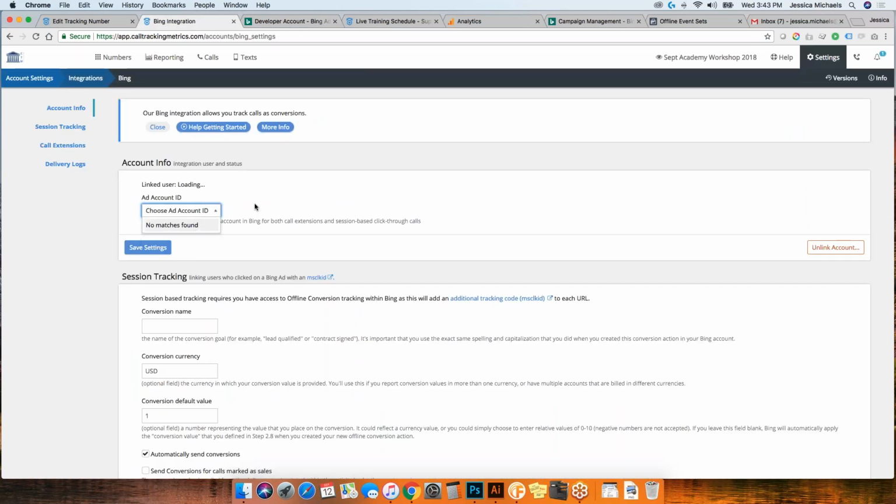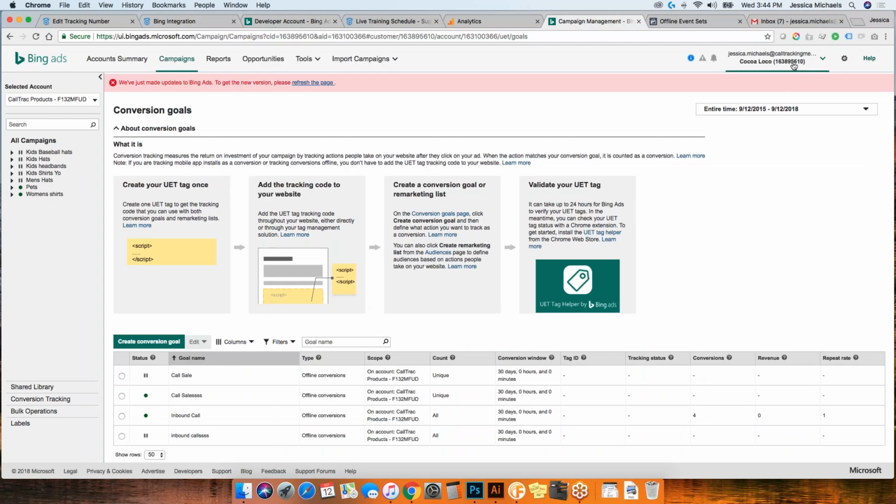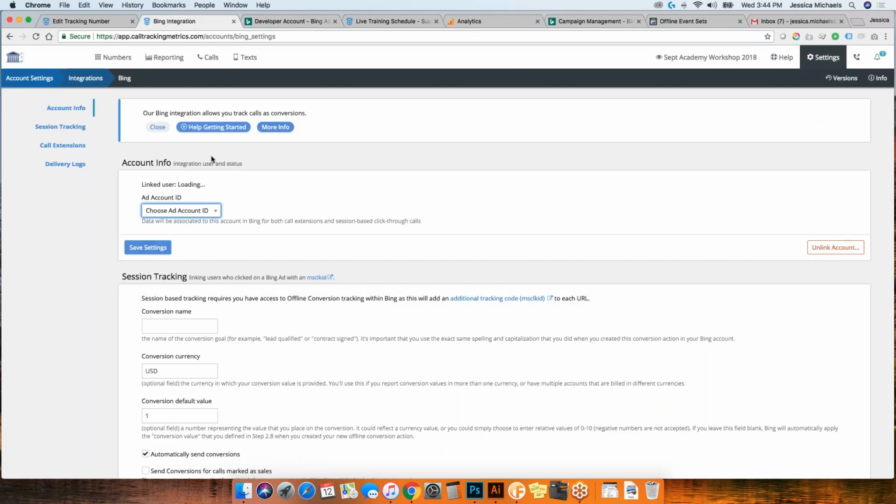Okay, well, this is locking up a little bit. So what it should do is give me a drop down of the different Bing campaigns I have. I actually have a few of them that I should be able to select, but it's locking up, pardon me. So I'm just going to continue as if it's working properly.